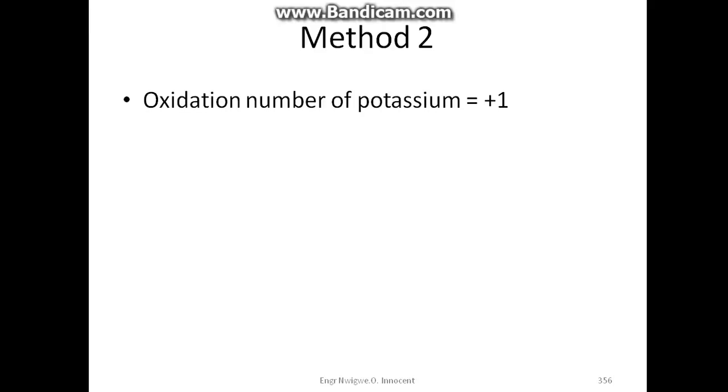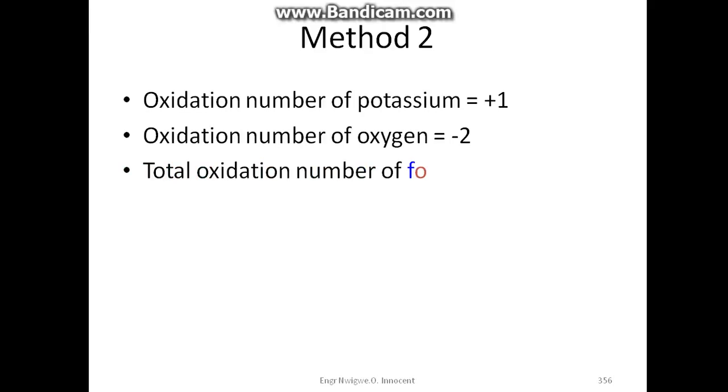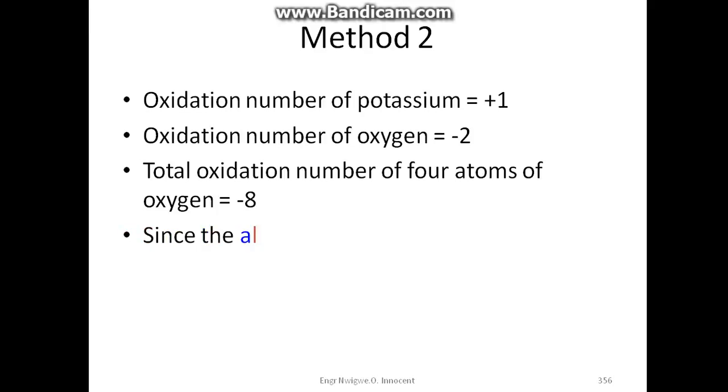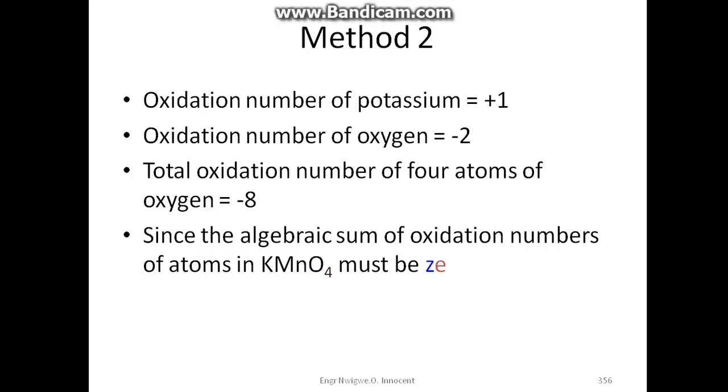Method 2. Oxidation number of potassium is equal to plus 1. Oxidation number of oxygen is equal to minus 2. Total oxidation number of 4 atoms of oxygen is equal to minus 8. Since the algebraic sum of oxidation numbers of atoms in KMnO4 must be 0, we have